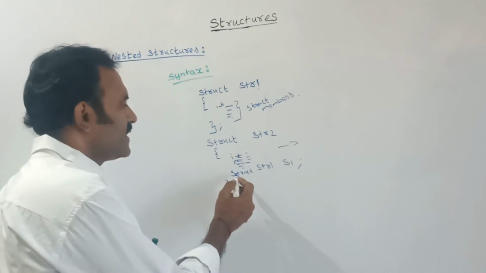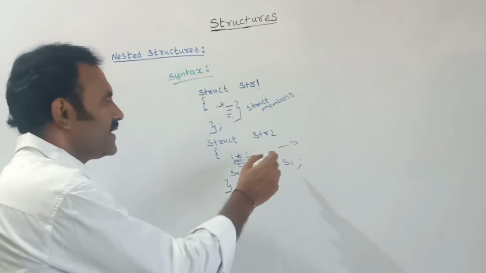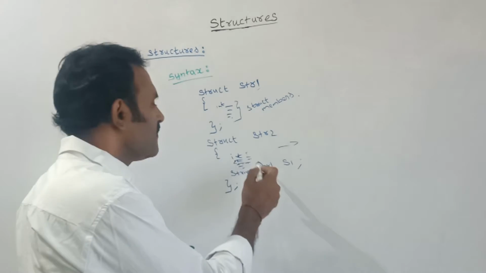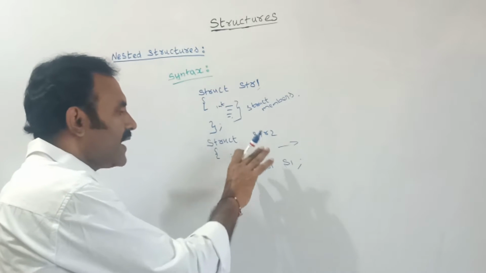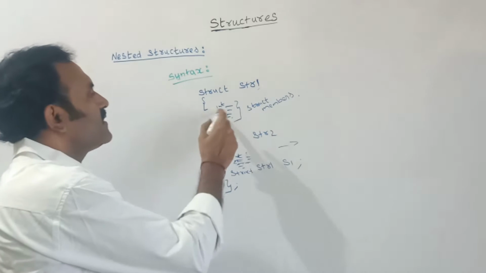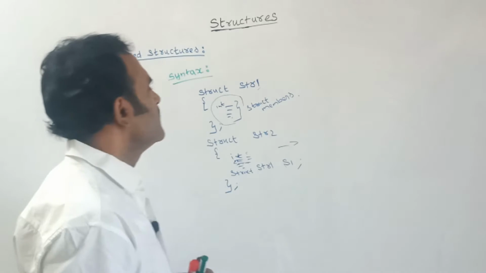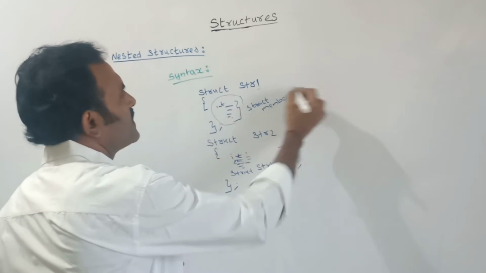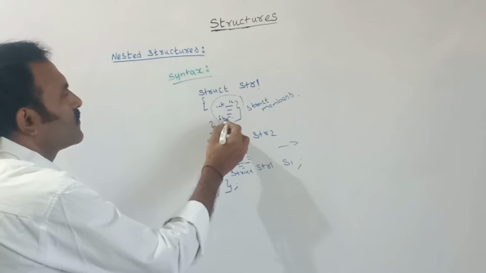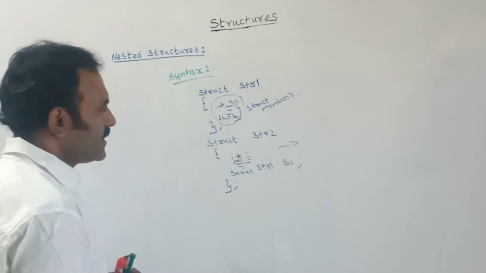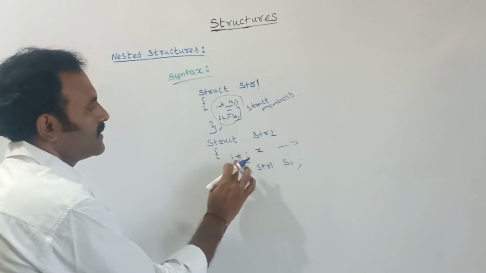In the same way, this s1 is also a variable, and also a member. What type of data can we give here? For the s1 variable I can give the kind of data that was defined in its structure. For example, if in the structure members I create integer a and float b, and here I create integer x, next